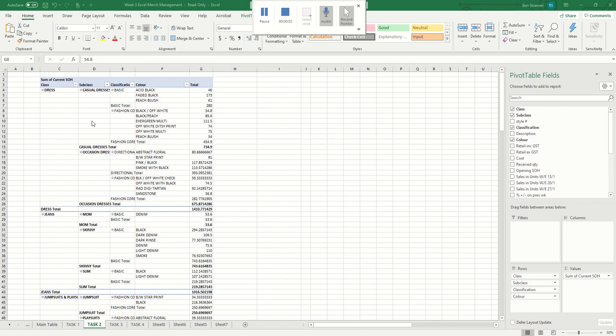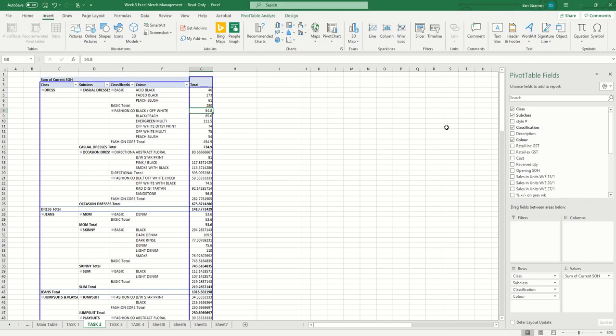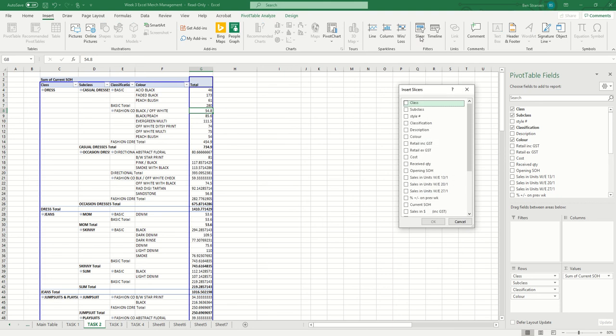Okay, we've created a pivot table with the sum of current stock on hand based on the class, subclass classification. But if you wanted to break it down even further, we can insert what they call slicers. So go to the Insert tab, look for Slicer, and you'll notice it brings up the headings that appear in